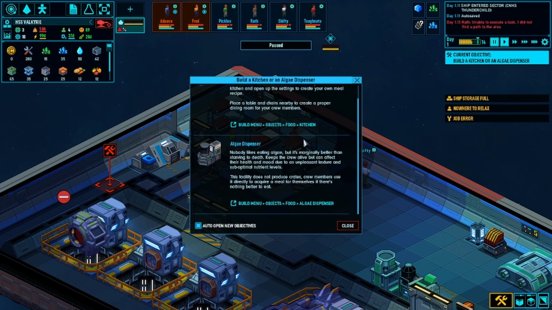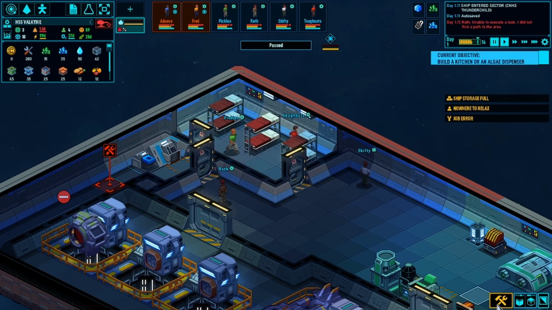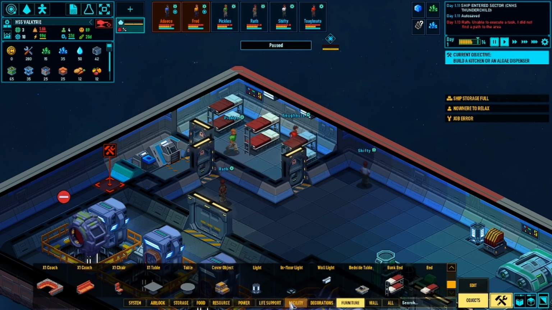Or the algae dispenser. Nothing like eating algae, but it's marginally better than starving to death. It keeps the crew alive, but can affect their health and mood due to an unpleasant texture and suboptimal nutrient levels. This facility does not produce crates. Crew members use it directly to acquire a meal for themselves if there's nothing better to eat. So for now,